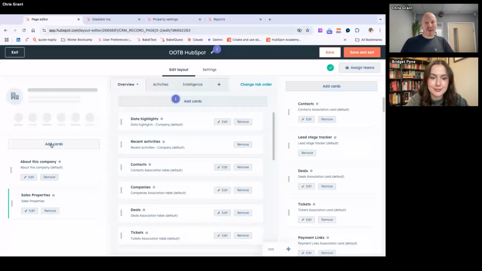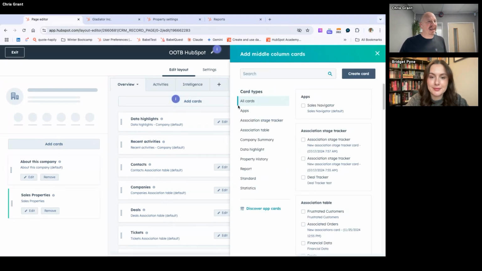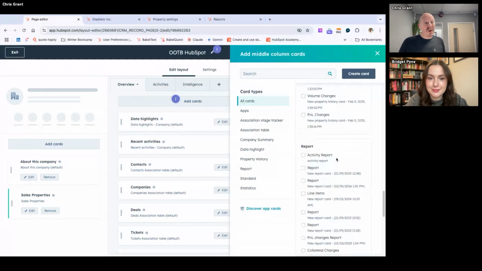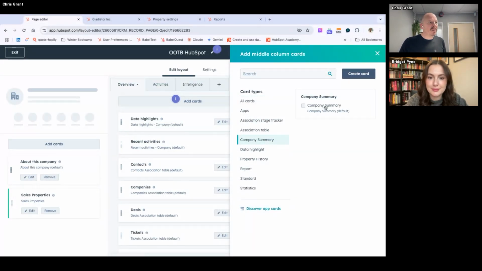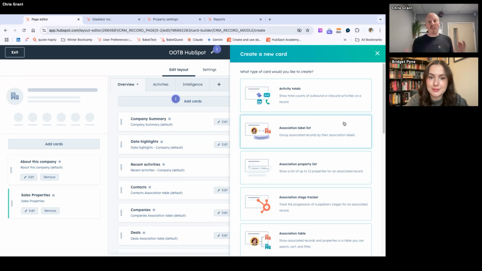Where we only had property lists on the left-hand side, in the middle we've got apps, association stage trackers, tables, company summary, data highlights, property history, all of this stuff. You can see all the possible ones that we could add. Let's start with a company summary, and we'll put that up at the top. Data highlights, we'll talk a little bit about that in a minute. But if we go into create cards, you start to see what we can do here.